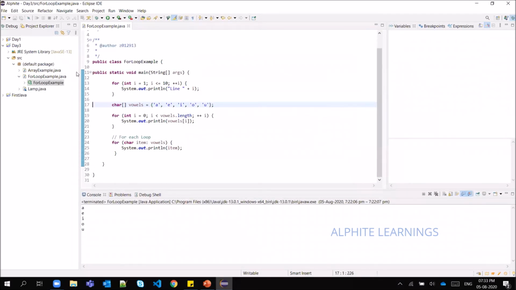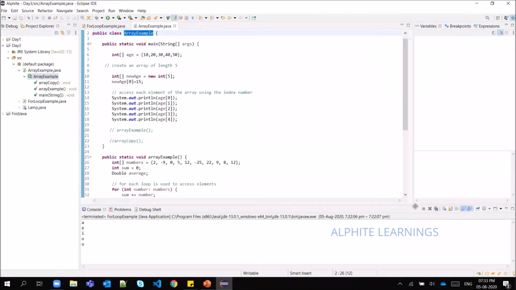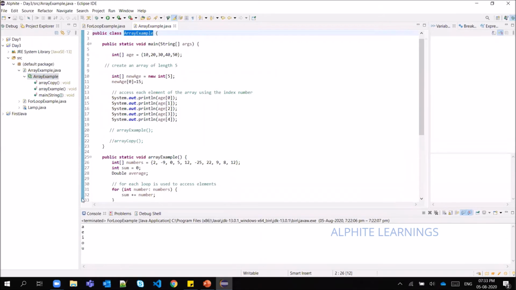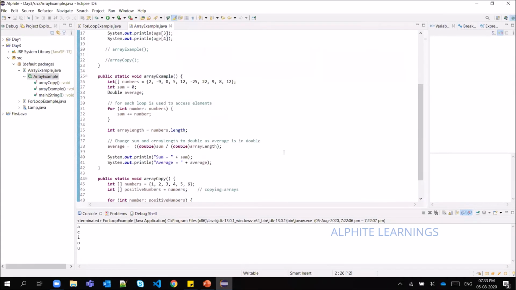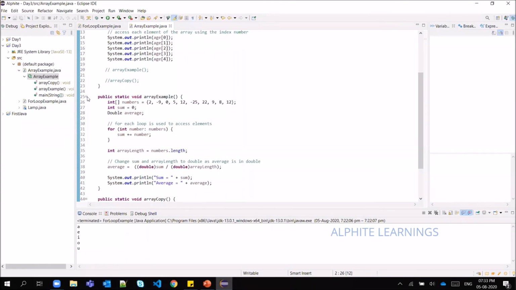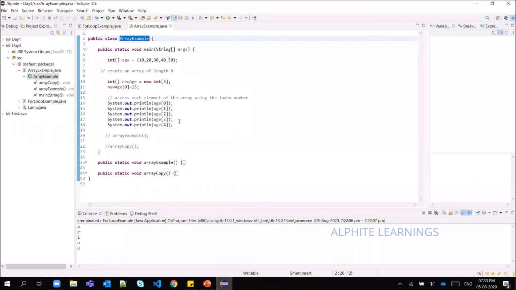So hope you have a class file with you. You can continue in your same class file, but I'll just show you the codes. If you want, you can create a new file and try executing this. It is not an issue. You can continuously start typing in the same file that you have created. There is nothing wrong.